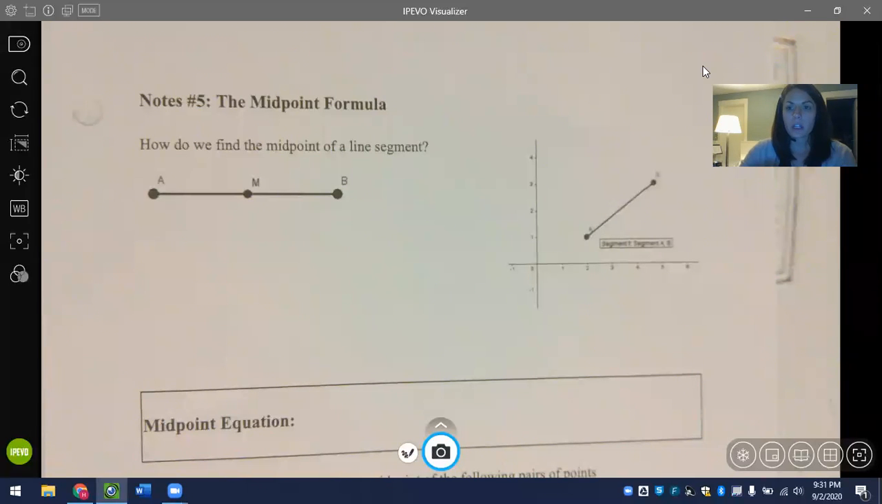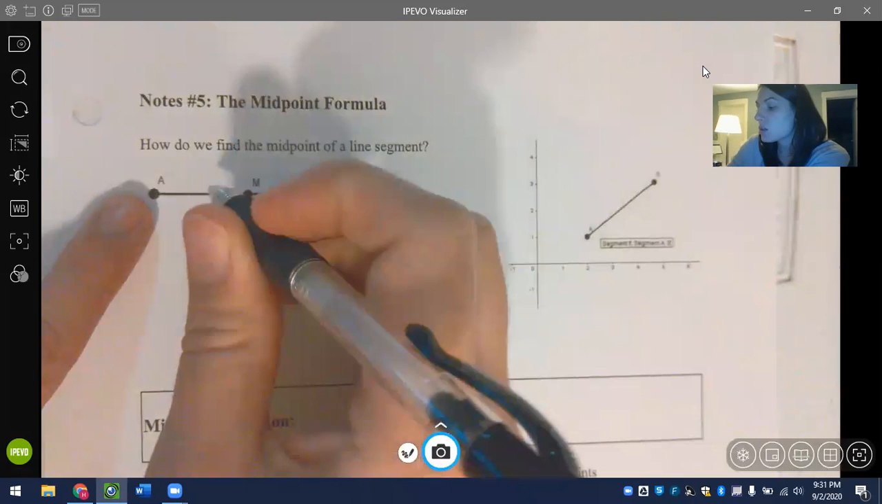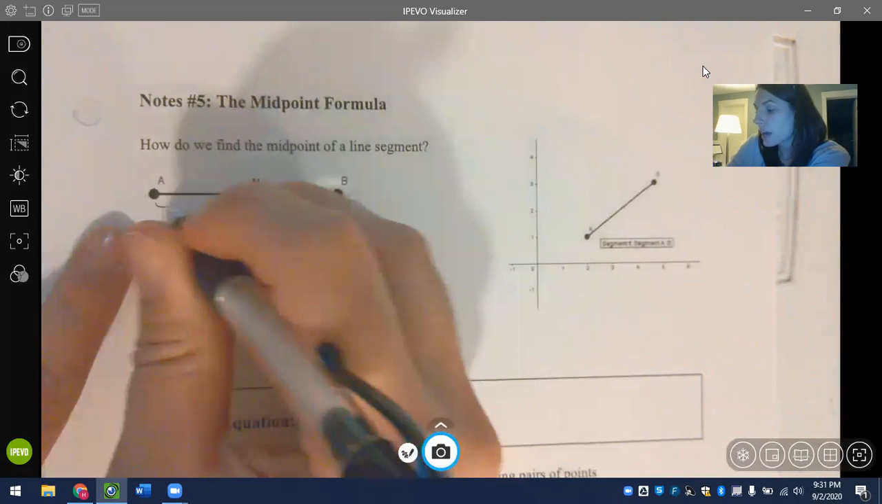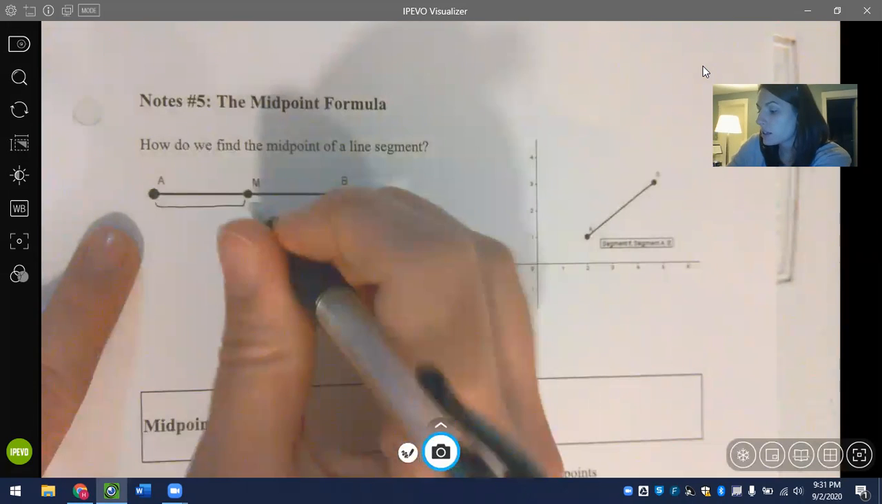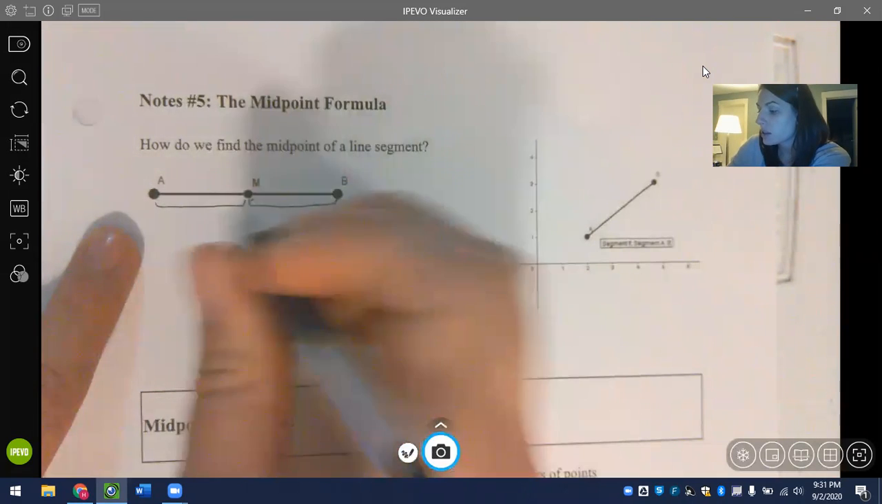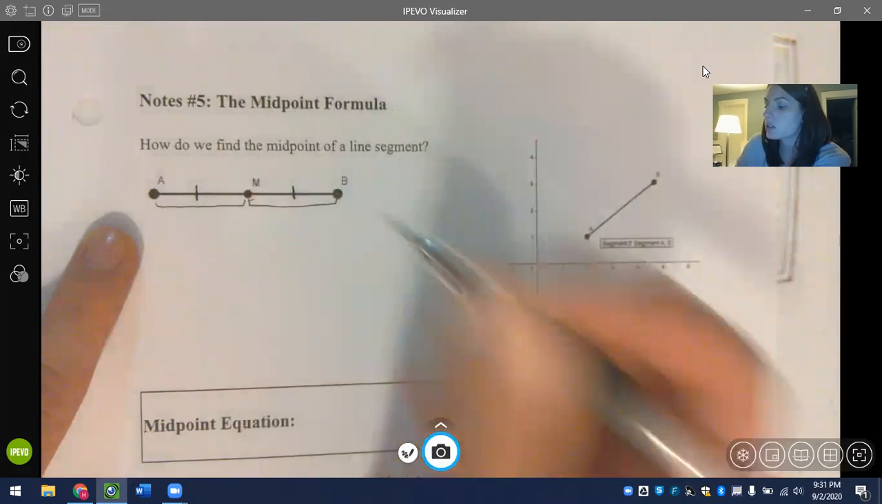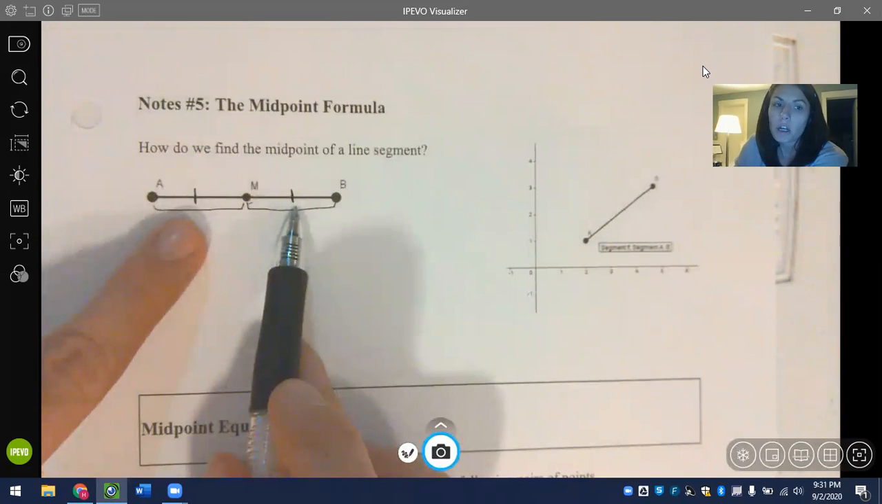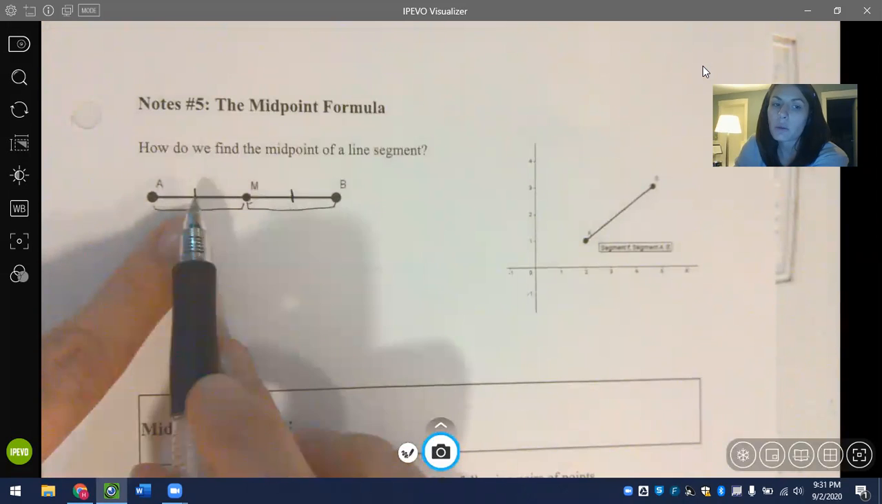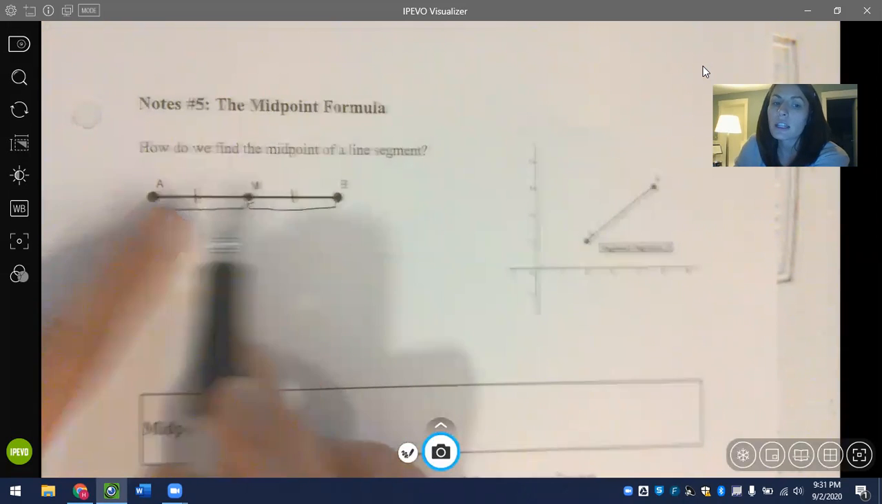Okay, so today we're going to talk about how we find the middle of a segment, or the midpoint. Midpoint literally means that it's equal distance from A to M as it is from M to B, so that these would be equal distance. And in geometry, we mark distances with these little tick marks. So if I had marked those with the same amount of tick marks, that shows that they're the same